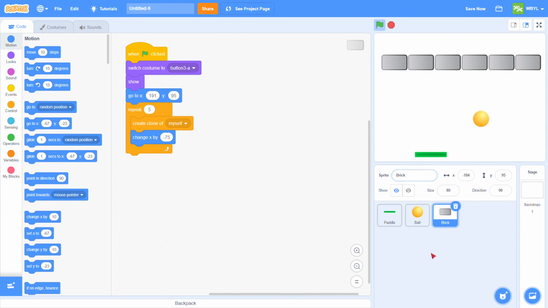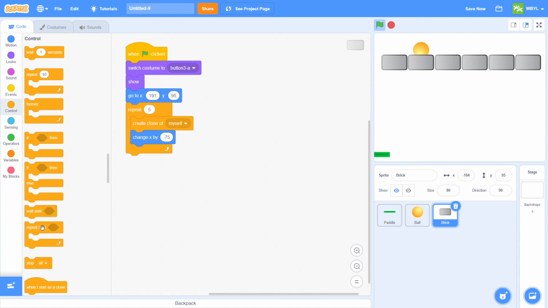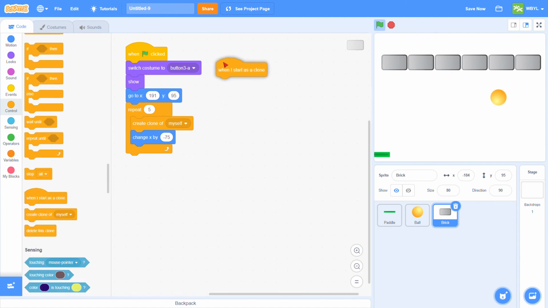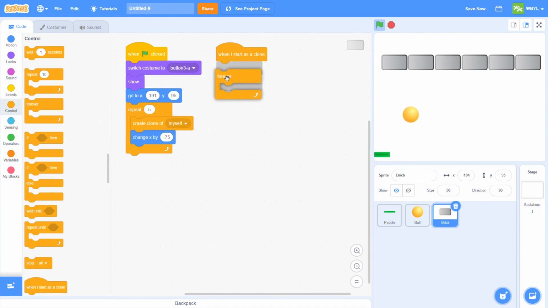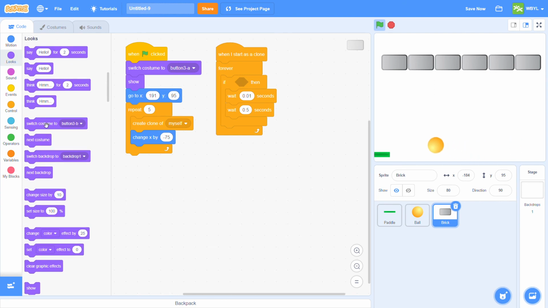All right. Then we need to go to control again. We need to have something happen when we start as a clone. So I'm going to grab when I start as clone, forever, if then, we'll grab a wait 1 second just while we're here. 2 of them. One on top, one on the bottom. The top one will change to 0.01, and the bottom will change to 0.5. Okay? Then we'll go looks, next costume,